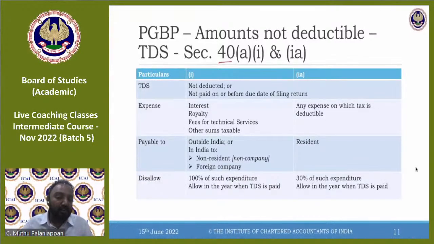The first thing that we are going to discuss is TDS, non-compliance with respect to tax deduction at source. That is discussed in subclause 1 and 1A. As far as TDS goes, it could not be deducted. So what exactly is TDS? Before you understand this in an exclusive chapter, a basic understanding is it is tax deducted at source, which means when someone is paying you an income.